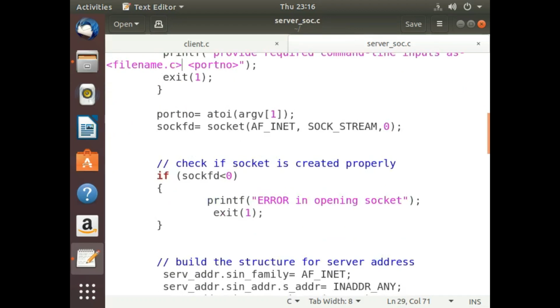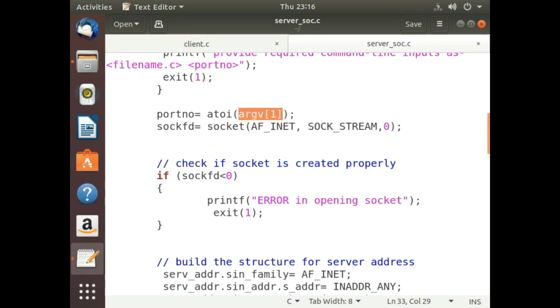Next, if we have the right number of parameters passed from the command line, then we are going to store the port number into our port number integer variable, right? The index at which the port number is present in our argv vector is 1, isn't it?